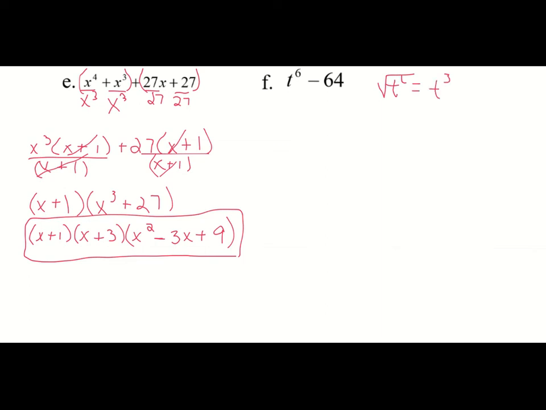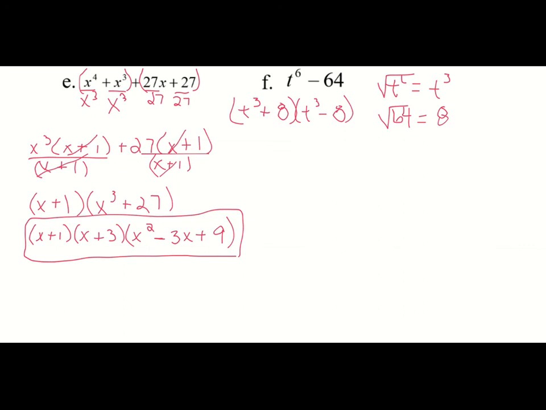And the square root of 64 is 8. So I'm going to have t cubed plus 8 times t cubed minus 8. Oh boy, that's going to make for some busy times here,